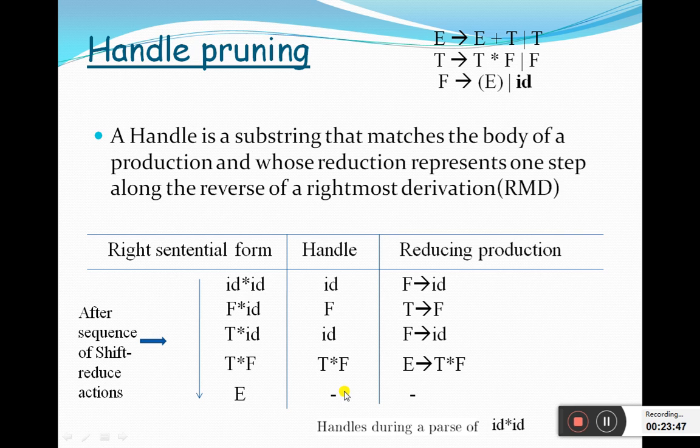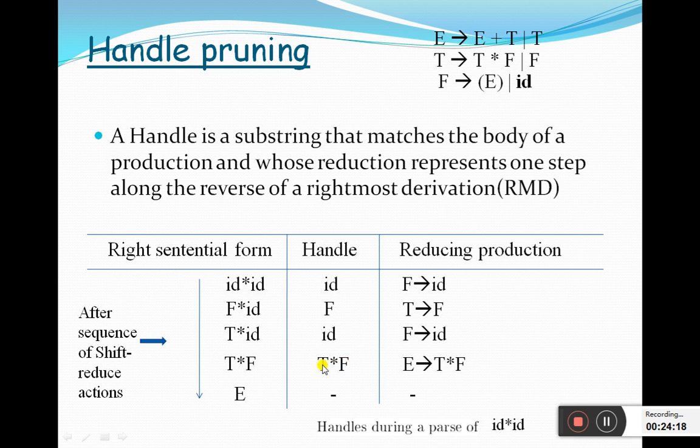So in the examination you may be given a grammar like this and a string of this kind. You may be asked to show the handle pruning. So you should give this table and show all the handles. To get this table, the best way is to write the RMD and flip it in reverse to get the appropriate handles and list them in the table.